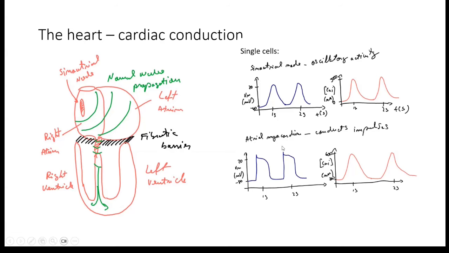contract. And the atrial and ventricular myocardium only conduct impulses. It receives an impulse, it depolarizes, you have this plateau phase, and then it goes back down to the resting state, and it doesn't go off on its own usually. So the atrial muscle conducts the impulse, but doesn't generate it on its own. And again, you have a calcium transient that oscillates with the voltage that tells the muscle to contract. If this whole thing is working properly, you have an impulse in the sinoatrial node. It flows outwards in the atria, and then the atria contract so that they pump the blood, and so do